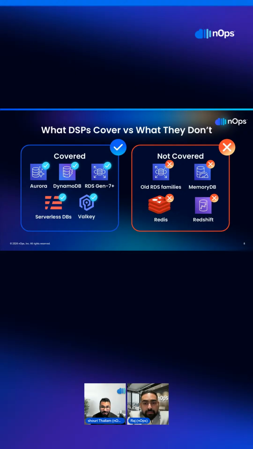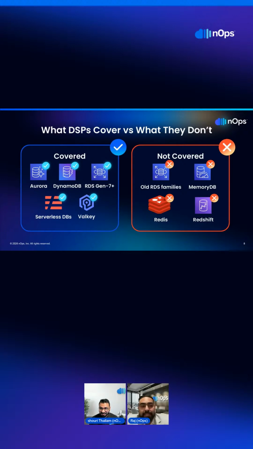So AWS is motivating you in a way to migrate to the latest ones. Well, the cost benefit is up to you, because you're paying more to move to the latest generations. You have engineering resources involved, and you're paying more for the same instance you used to work with. You're getting more performance for sure, but you're paying 10 to 20% more. Then applying the savings plan, you're going to end up where you were before. So it's up to you as an organization whether that ROI makes sense or not.